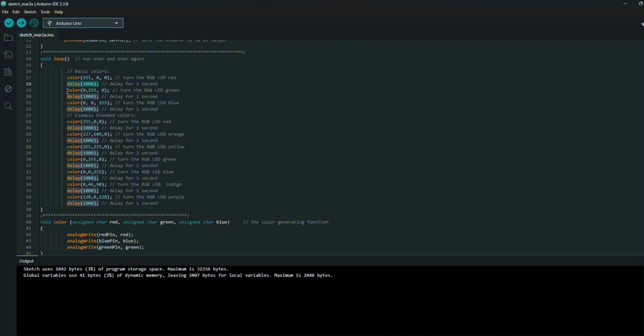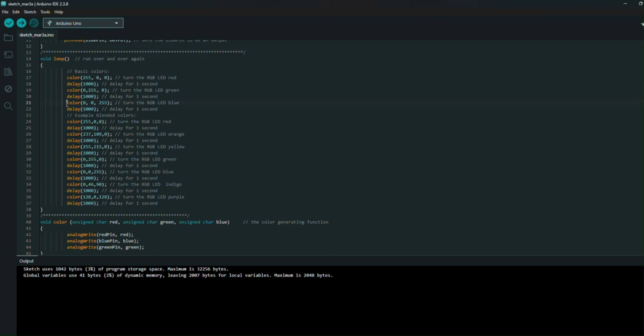For the green one, we will call again the color function. We set the value for the red as 0, and then the green one is 255, meaning it will fully turn on, and for the blue one, it will turn off, and then a delay of 1 second.